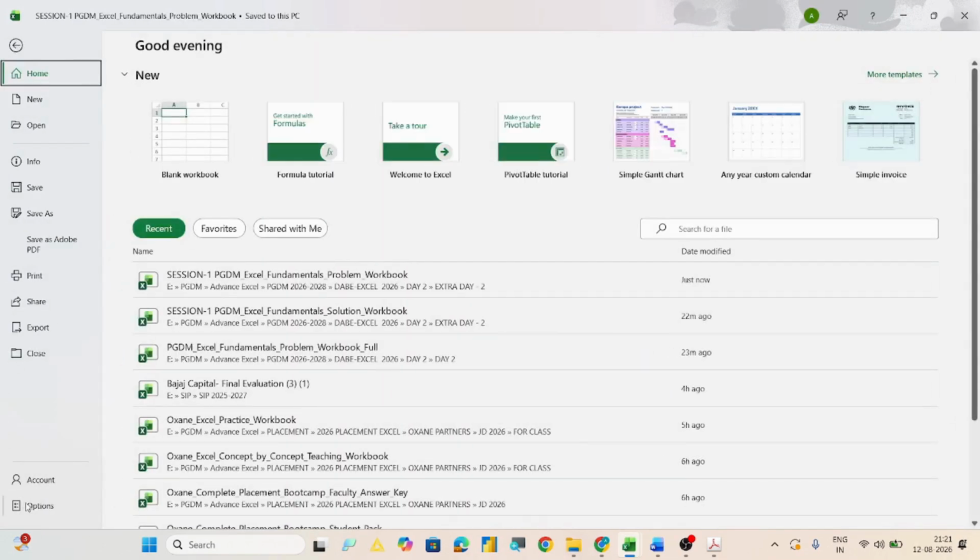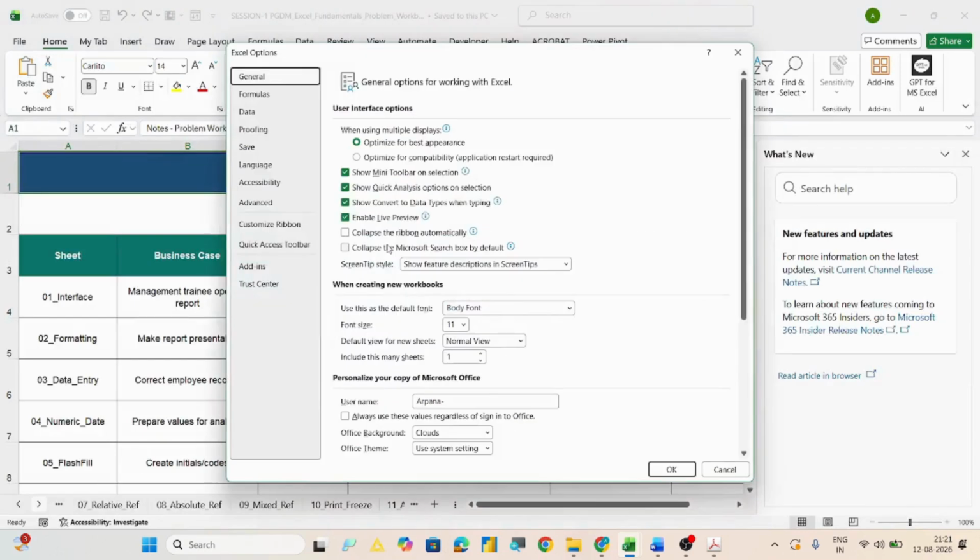Apart from this, there is an option called options which lets you understand the backstage view. It enables you to do the settings of your Excel, like general settings, wherein it mentions what should happen when using multiple displays.